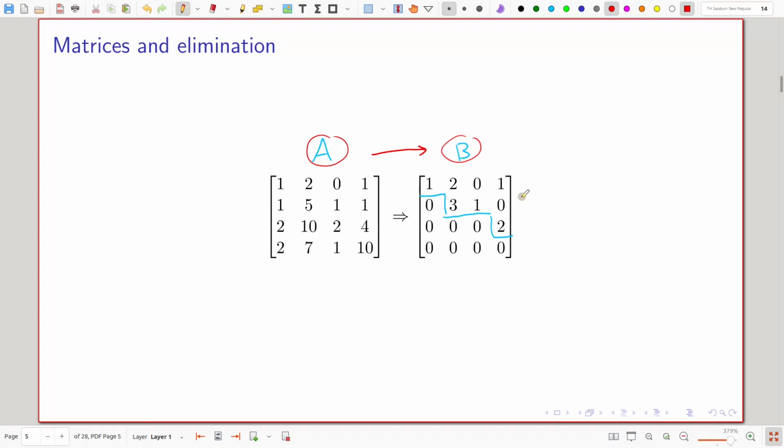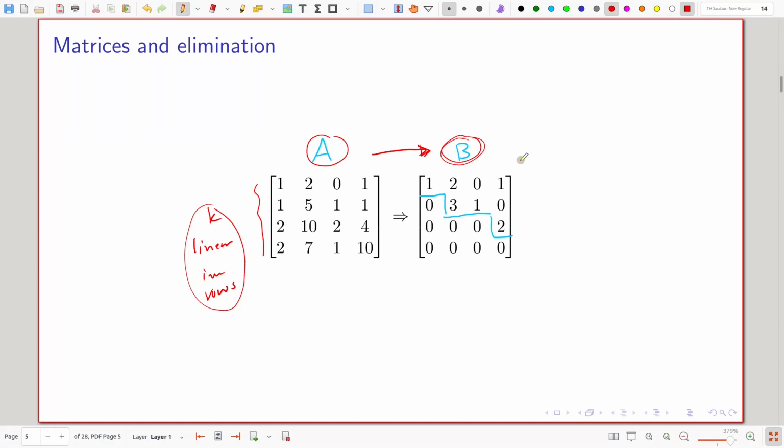When we obtain B from A, what did we just do? We combine rows of A. If from A we have k linearly independent rows, we start with k linearly independent rows, and after we perform some row operations we get to B. Can B have more than k linearly independent rows?